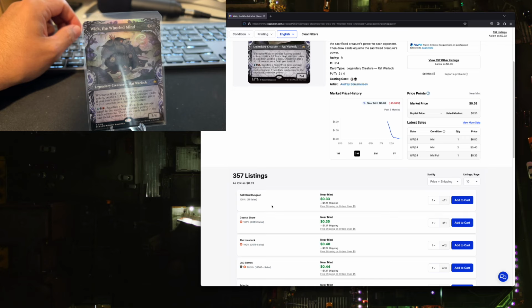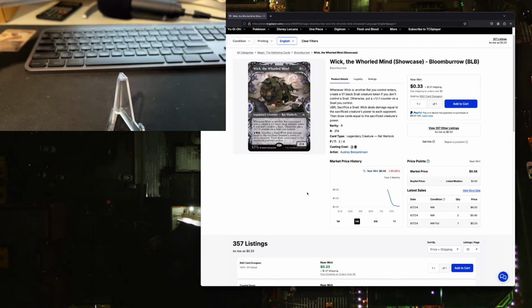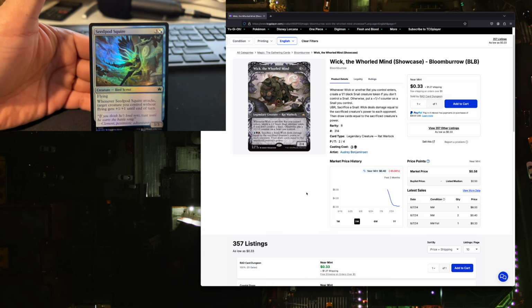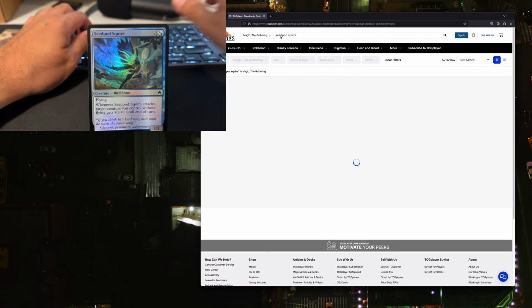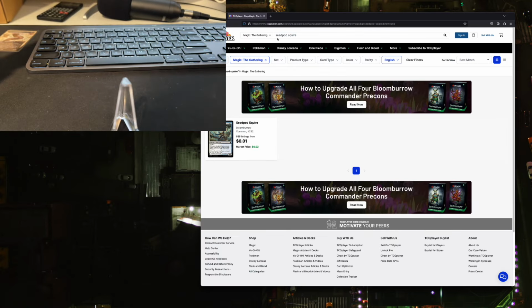Yeah, but lots of them are listed for 40-some cents, so that one's a dud. Let's check out Seed Pod Squire. One thing I've noticed, a penny. One thing I've noticed is that